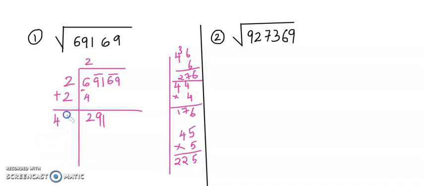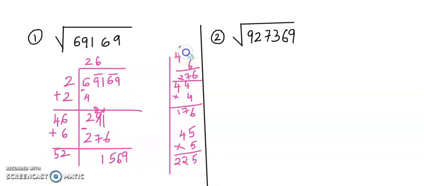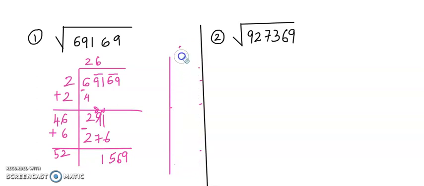Okay, so we are going to do 6 and 6, correct? So this will be 276. Let's subtract. So what we'll get, this will be 15. Here what I have to do, I have to add the 6, so it will become 52. Let's bring down 6 and 9, correct? So let me erase this part so that I have space to do the rough work. Now I have 52.